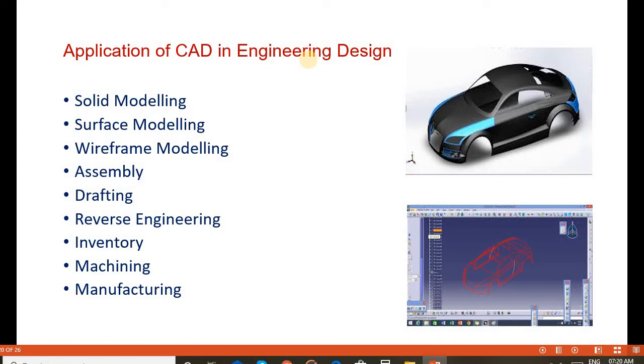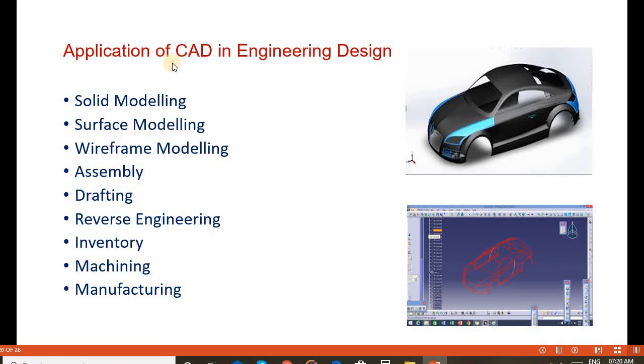Now we are going to discuss the application of CAD in engineering design. How does CAD help the designing? CAD is used to create solid modeling, surface modeling, and wireframe modeling.